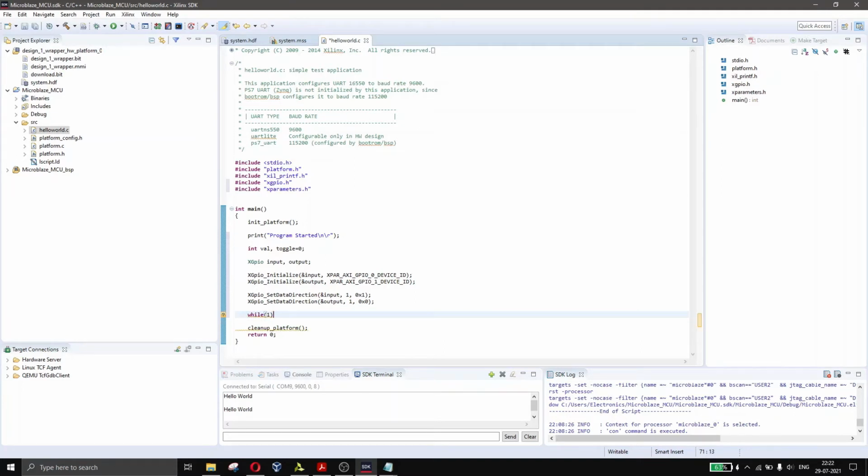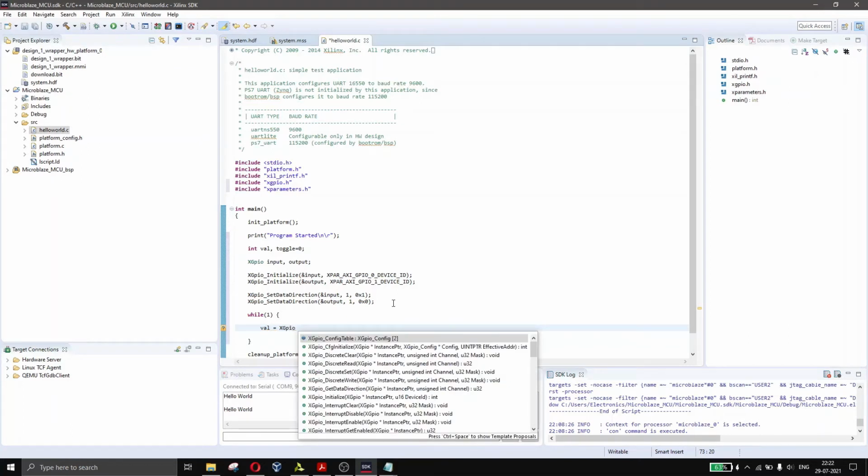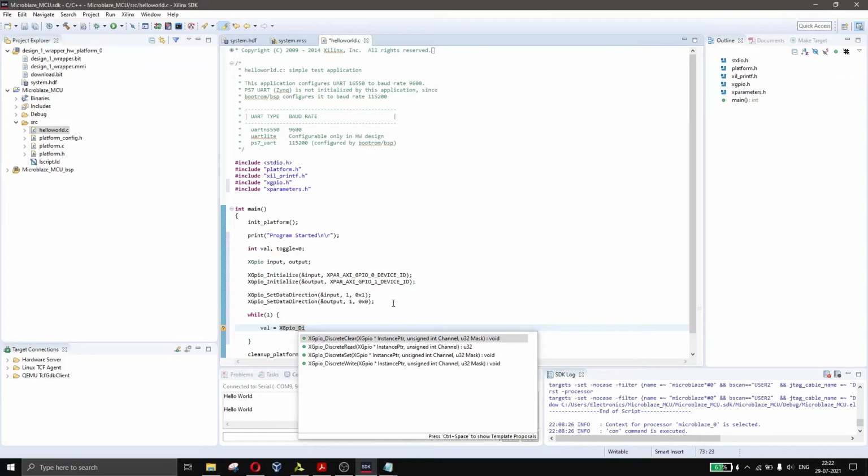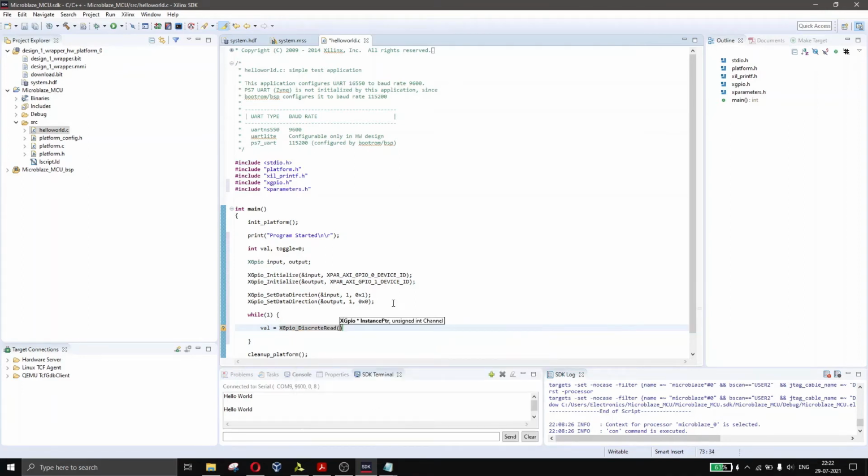So while 1 means it will be running always. We'll read the push button status. So value equal to XGpio_DiscreteRead. This will be the function we use.